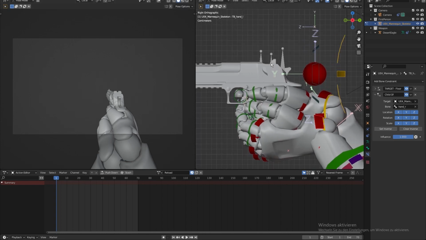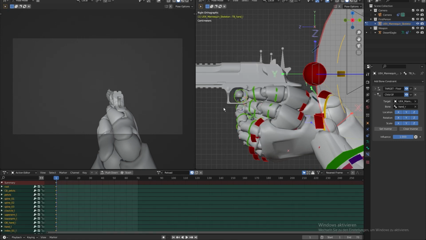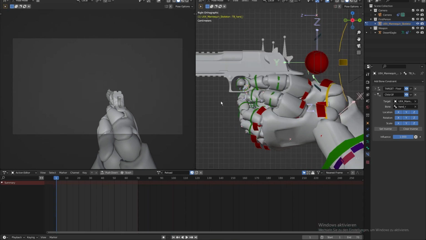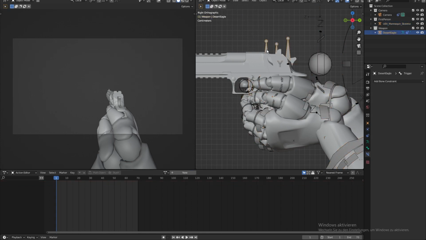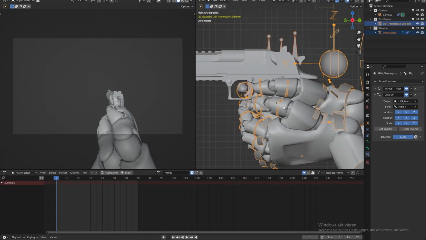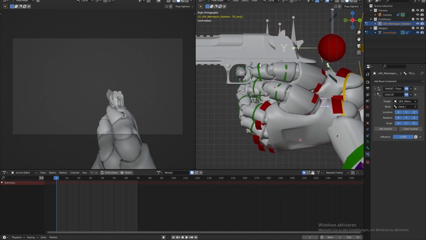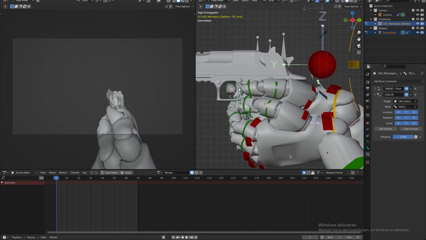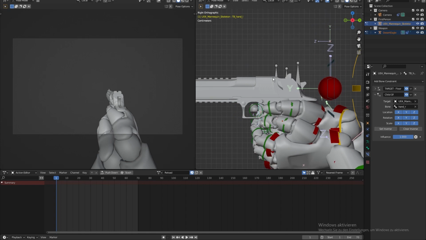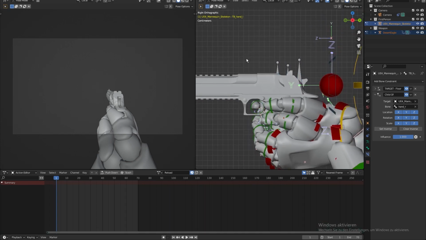So what you're gonna do first is we press A and I and just insert the reload, the location and rotation at the first frame. Also we're gonna go to object mode and select the armature of our weapon, and then the armature of our hands. So let's go to pose mode again, and with Control and Tab you go into pose mode. So what we're gonna do first is press A and I again and insert, so everything of our weapon is also